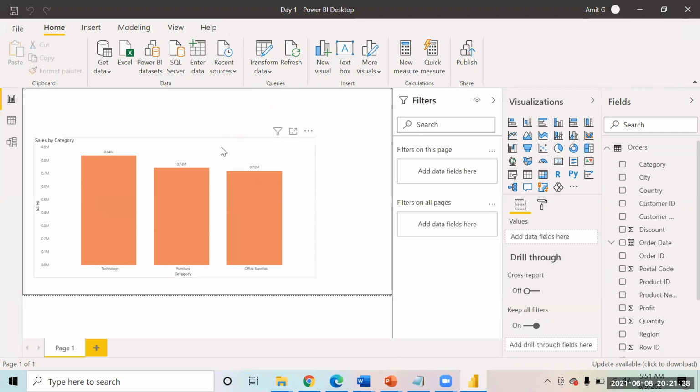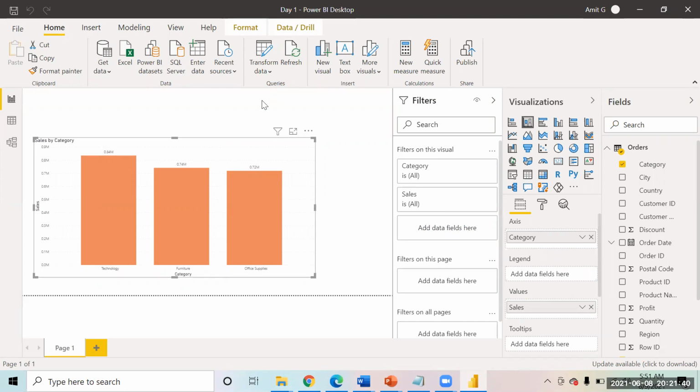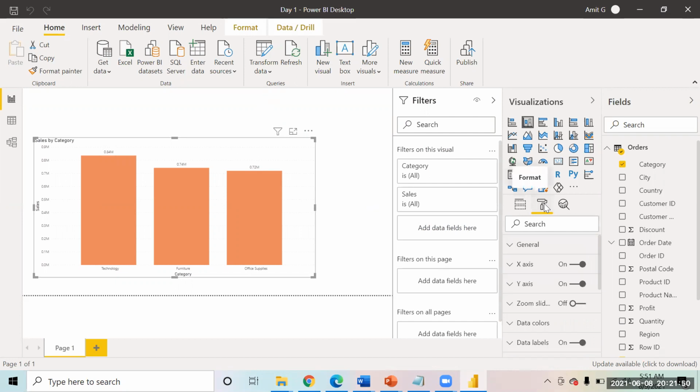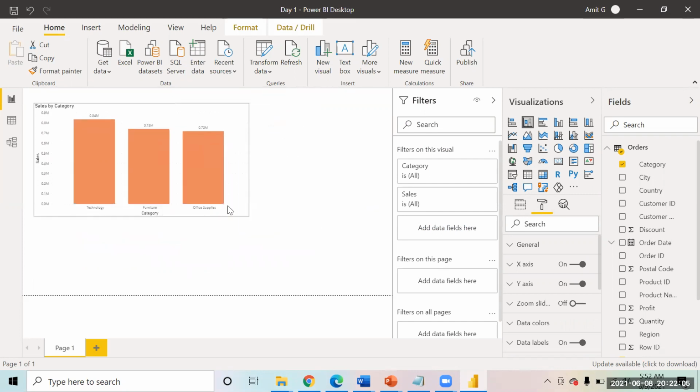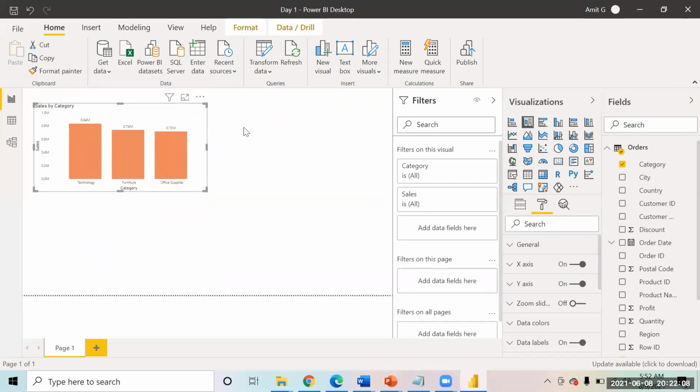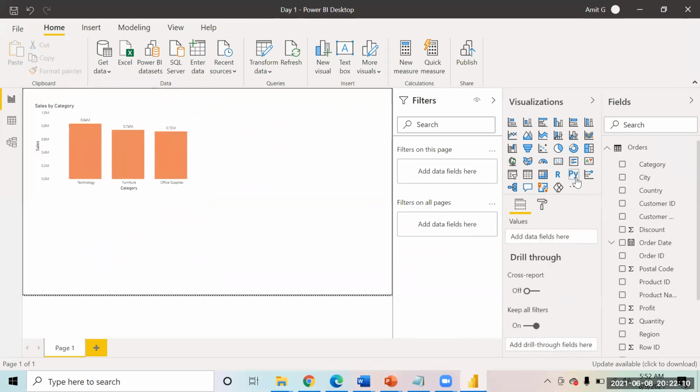So yesterday we had just started off with the basic functionalities. We were trying to create a chart using the office supplies data, and we saw a little bit about how we can do some formatting on that chart, if you want to change the colors or apply data labels. Those few things we had seen in Power BI yesterday. So now I'll come over here and we will make another chart on this.